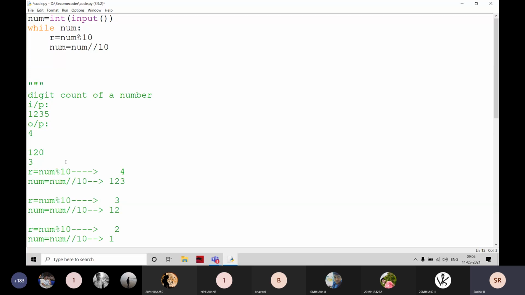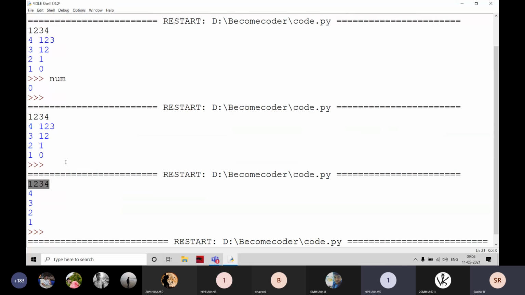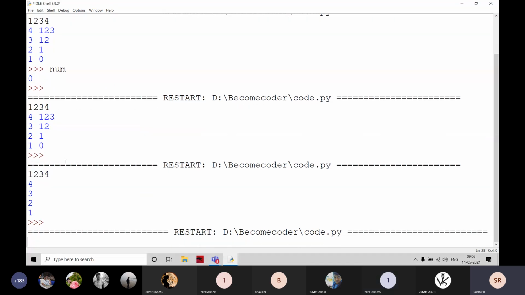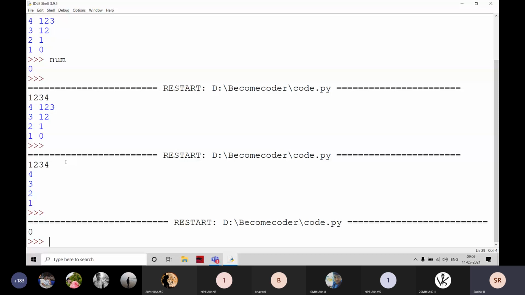Sir, if the number given is all zeros, then 0 into 0, it is not entering into the loop, right? If you want to check it, that is going to be some boundary case.